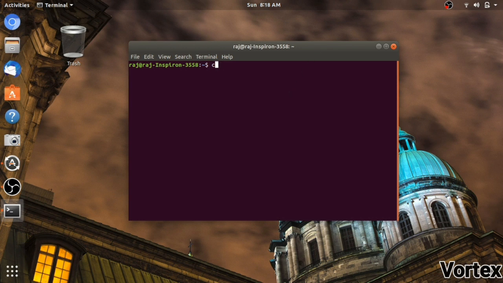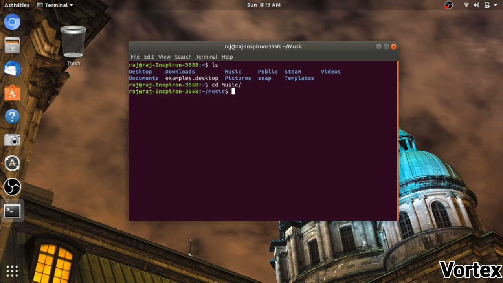Okay, so first of all we have ls, which provides the list of the folders and files in the directory we are in right now. So now if I want to go to the music directory, then cd, space, and we just have to type some of the word, like I type mu. Now press tab, it will automatically complete the common part, then press enter. Okay, now we are in the music directory, then again list.